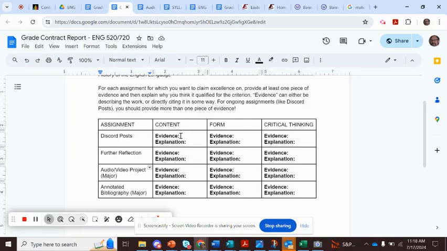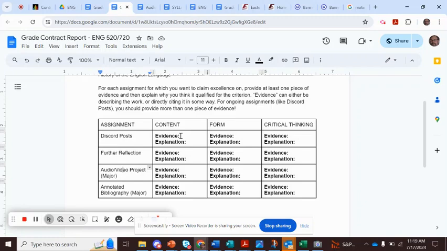The nice thing about the midterm is that I'm going to accept these. I'll look at them over the weekend, and then grades are due Monday afternoon. And so I might reach out to folks if I see any big disagreements with what people are saying about the grade that they're claiming. By the way, this is almost always me trying to talk people up, because I found that especially with upper level students, they tend to not give themselves the credit that they deserve. But beyond that, I'll just take what you've said and then use that to submit your midterm grades for the summer session. We do that.